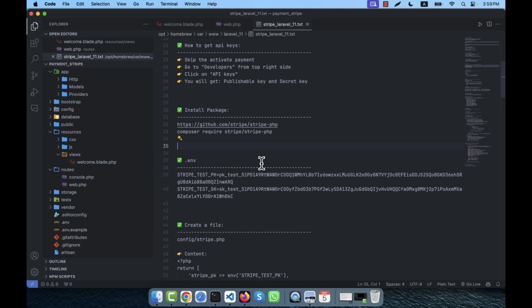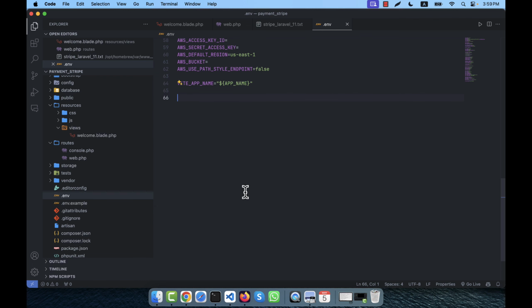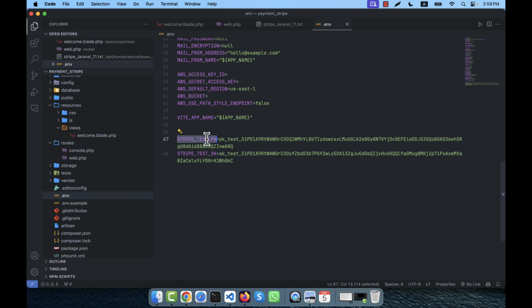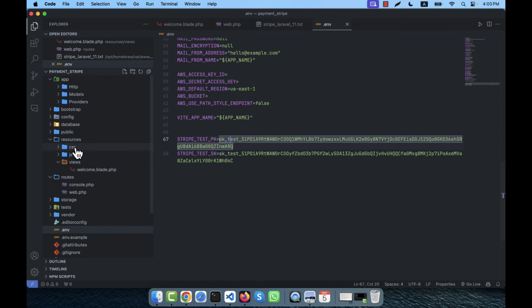Now my task is to add something to my env file. So I am going to open my env file here, and at the bottom I am going to paste it. So this is a variable for Stripe. It is an environment variable. You can put any variable name here. I give here STRIPE_TEST_PK, pk for publishable key, the short name. You can give any name in this variable. And another one is the Stripe test secret key. Okay, you can give any name here. So I just put my publishable key and secret key here into the .env file, and